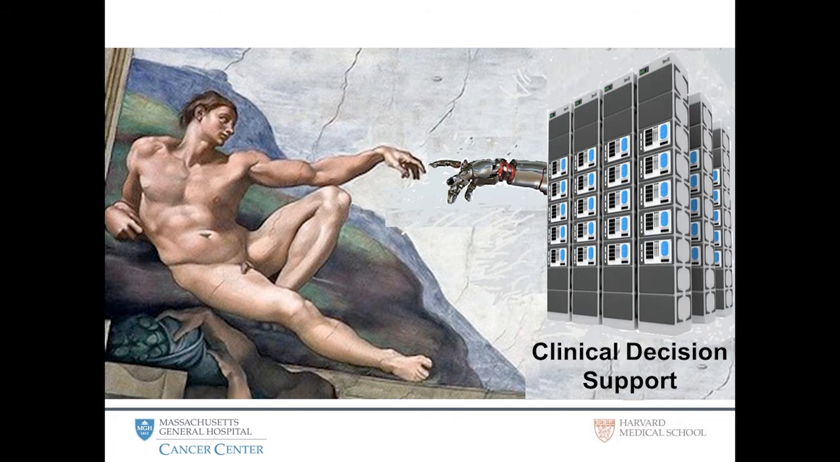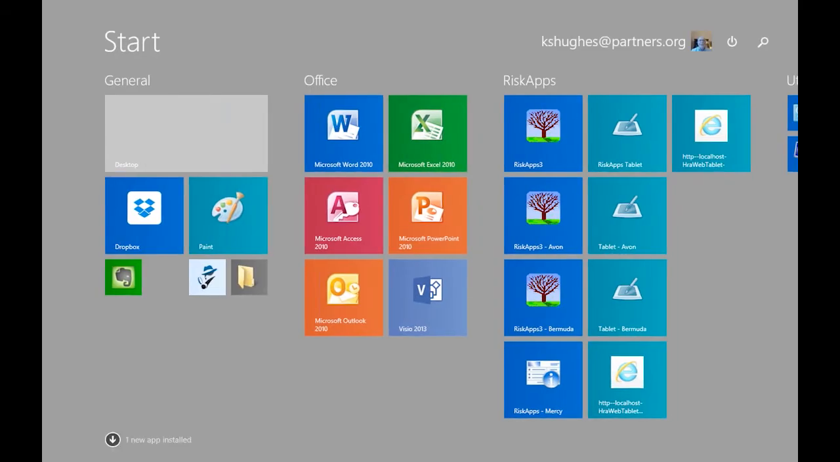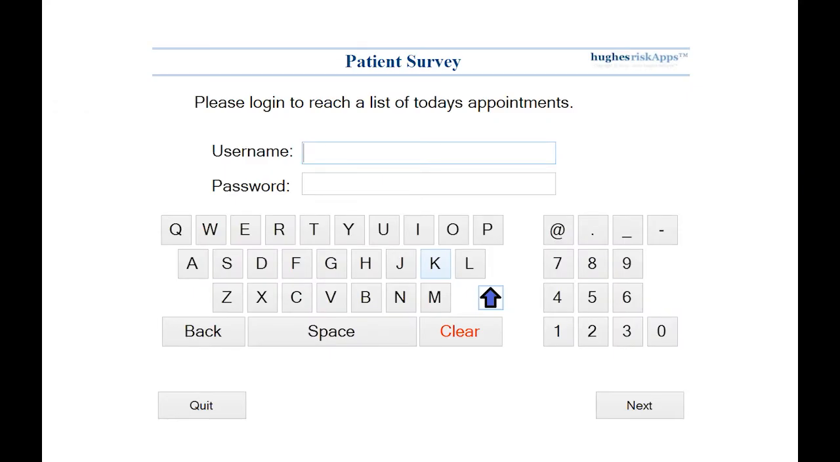Now, on that note, what I'd like to do is show you briefly what we do with Hughes Risk Apps, and then once we've done that, I can go on and answer questions. So this is our tablet PC. This is what the patient would see, either on an iPad, on the internet, or on a kiosk,